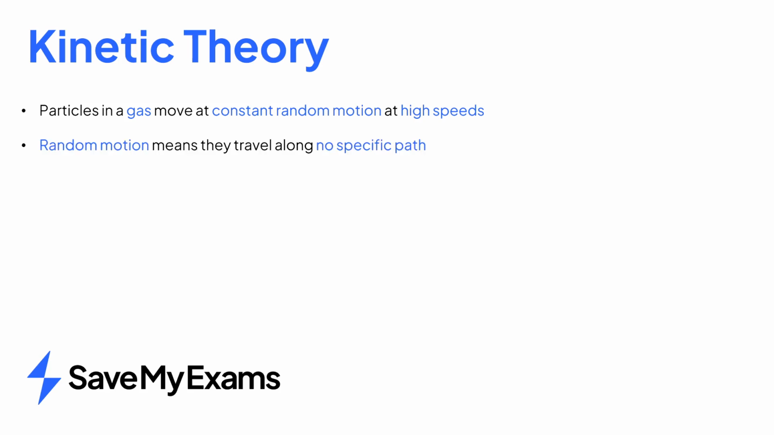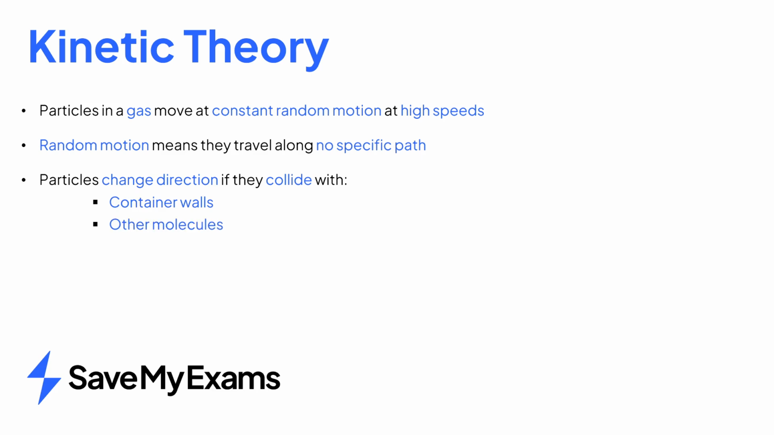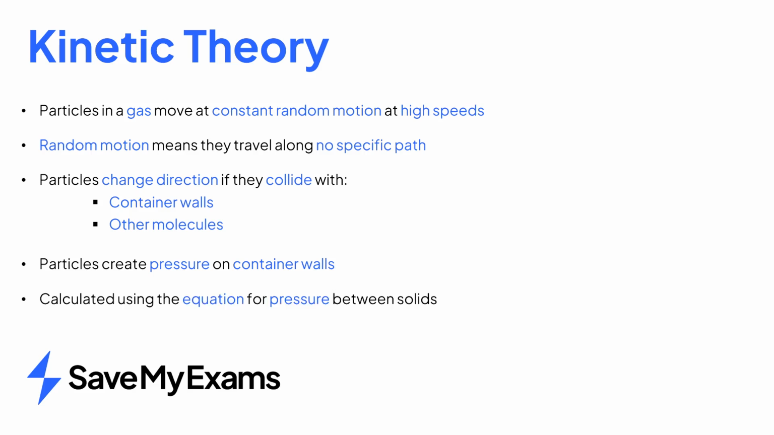In summary, particles in a gas move at constant random motion at high speeds. Random motion means they travel along no specific path. Particles change direction if they collide with container walls or other molecules. Particles create pressure on container walls. This is calculated using the equation for pressure between solids. Pressure in pascals is equal to force in newtons divided by area